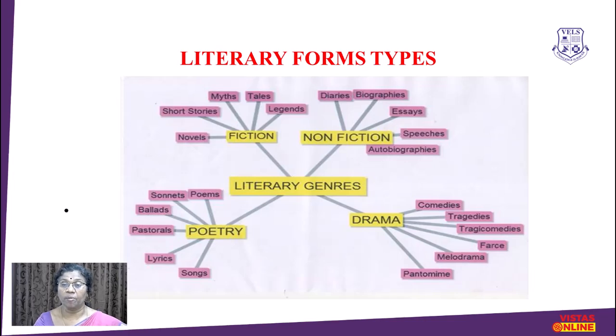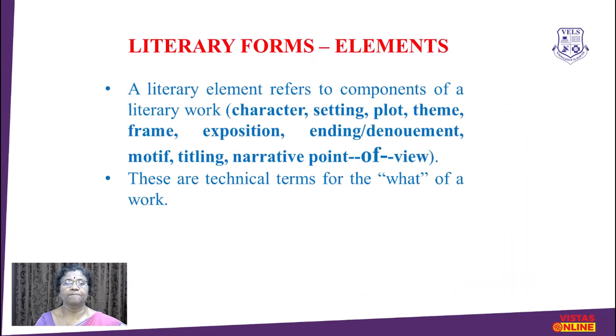And then we have drama. Drama again is kind of long in length. It is longer than poetry. We also have poetic drama like epics and all. So we have comedies, tragedies, tragicomedies, farce, melodrama, and so on. All right. So this is again the category of names like comedies and tragedies. It talks about the mood and the content of the play. So we are talking about the kinds and so on.